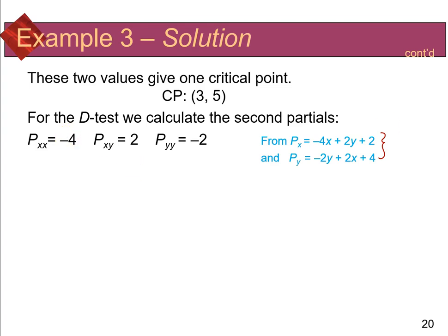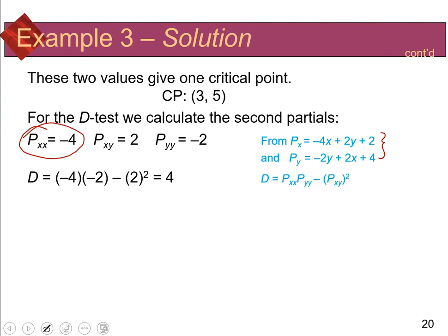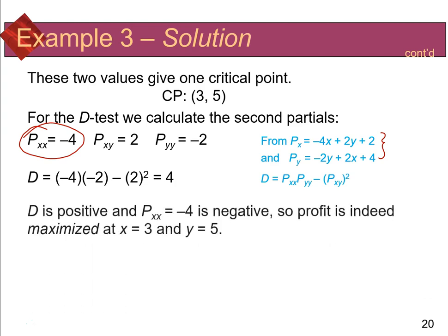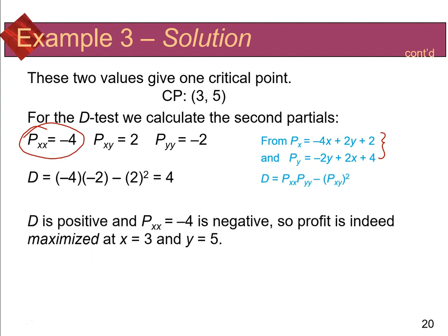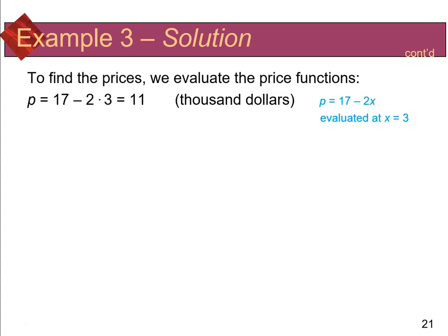So when I plug that value in, I get positive 4. Since this is greater than 0, it is an extreme value. Now, as far as the minimum or maximum, when I look at this value right here, it is negative. And if that's negative, well, d is positive, that's going to tell me that I have a relative maximum. So I do know it is maximized when x is 3 and y is 5, which means that the maximum value is going to be,